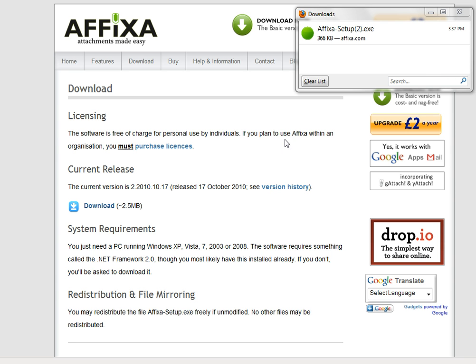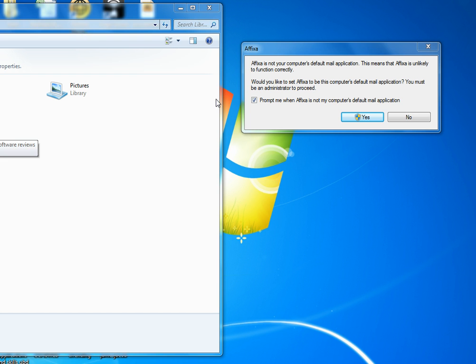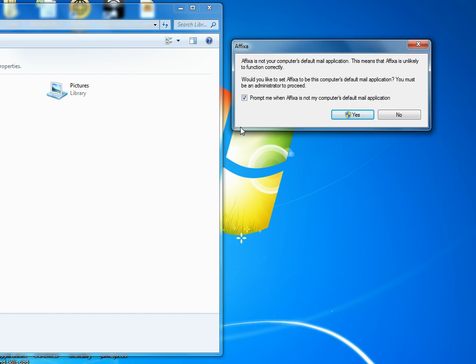But here's how you do it. Assuming that you've downloaded the application, I'm going to go ahead and get that installed. And once it's installed, we'll continue. Okay, assuming that you have Affixa installed correctly, once you launch the program, what you'll see is